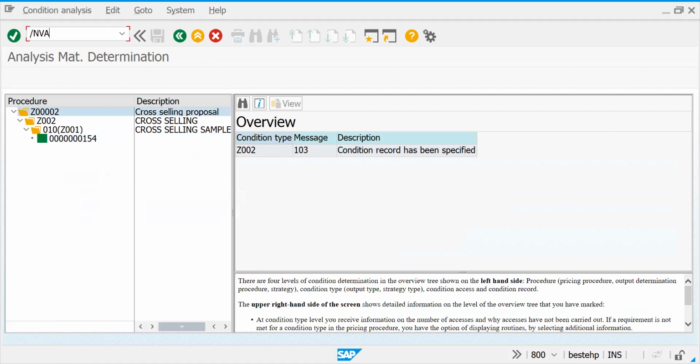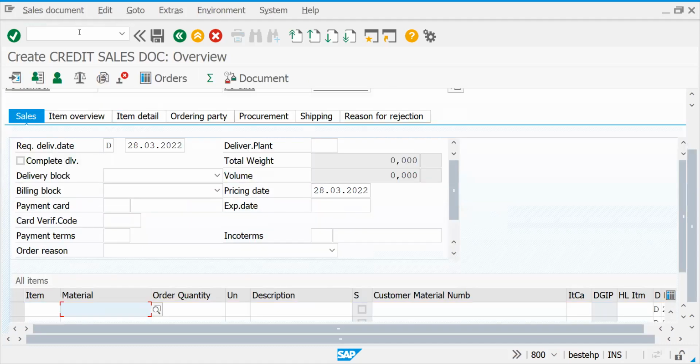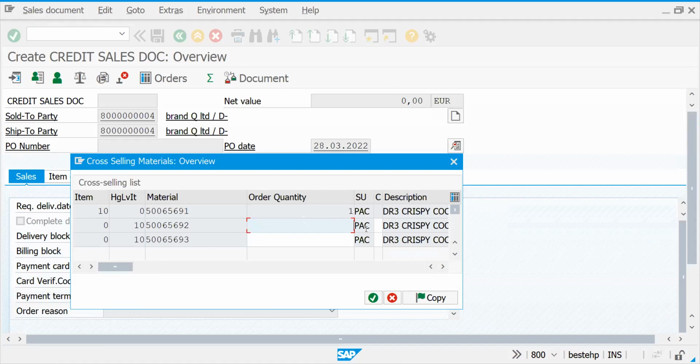Okay, let me try to create a new sales order since we have made the change settings. If I press enter, it is asking, see, this cross-selling delivery control. Here also you can say whether it needs to be delivered partially, fully, or else the delivery control you can do. Let's assume I say this one only, I don't want the second product.